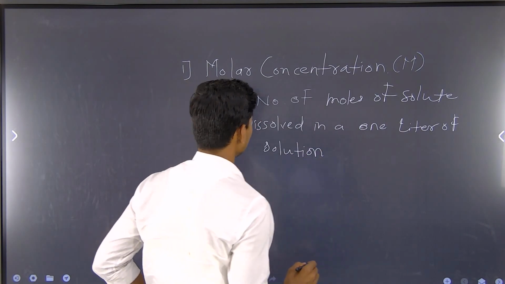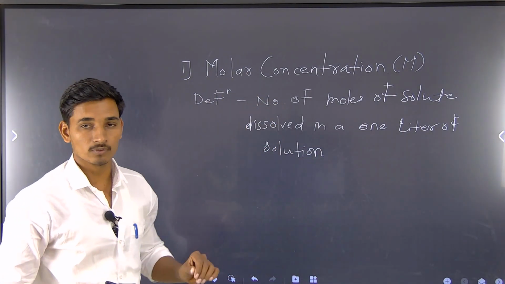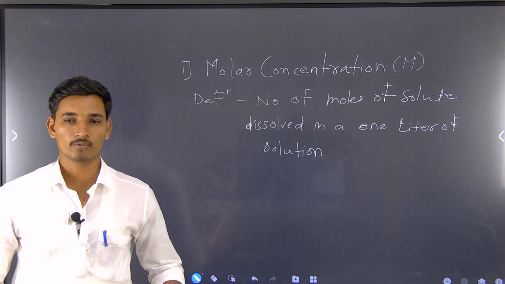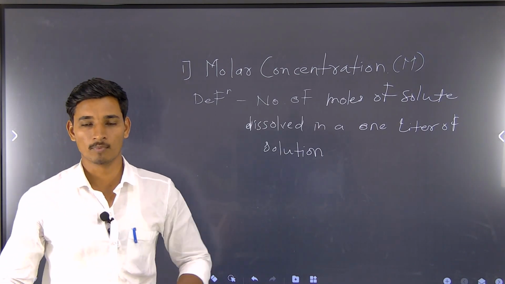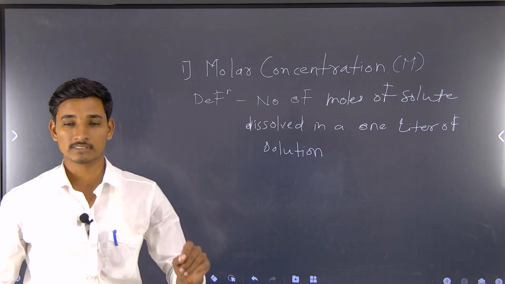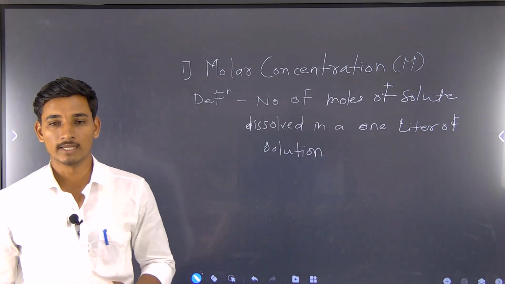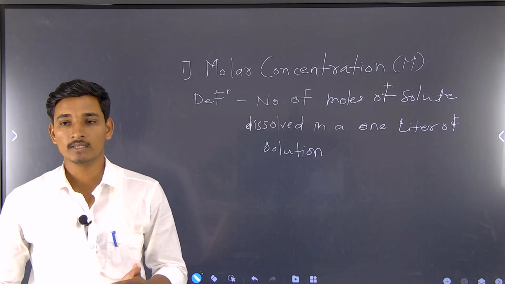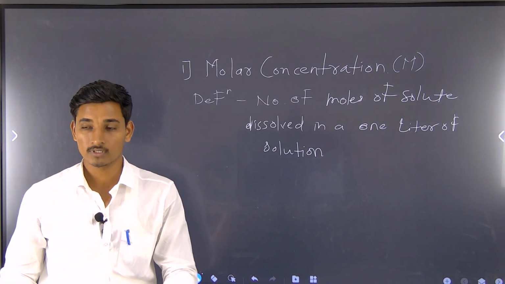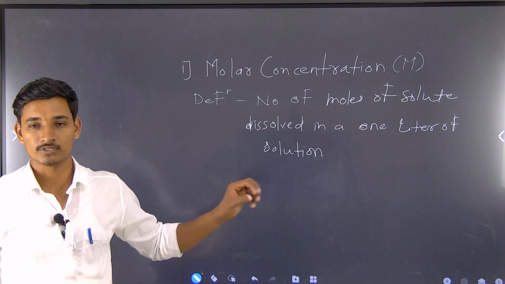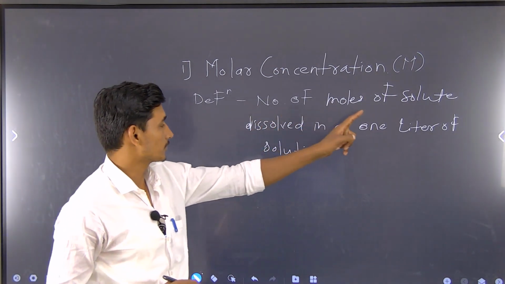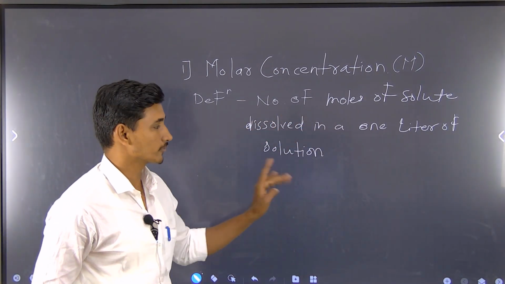This is called the molar concentration. How do we calculate the number of moles? In the previous video we have already discussed how to calculate the number of moles and the formula. The formula is the given weight of any chemical compound divided by the molar mass of the given compound. So the number of moles of solute that are dissolved in 1 liter of solution